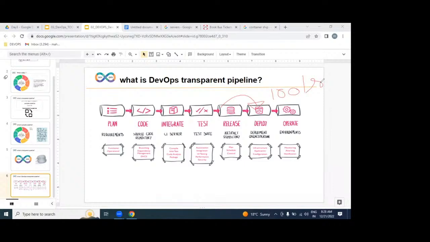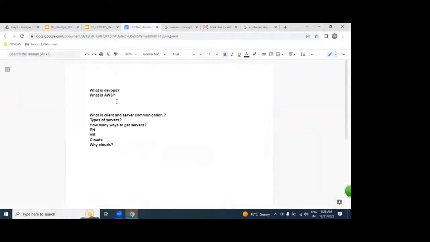But if you want to implement this DevOps process, we require infrastructure or not? But tell me, what is infrastructure?